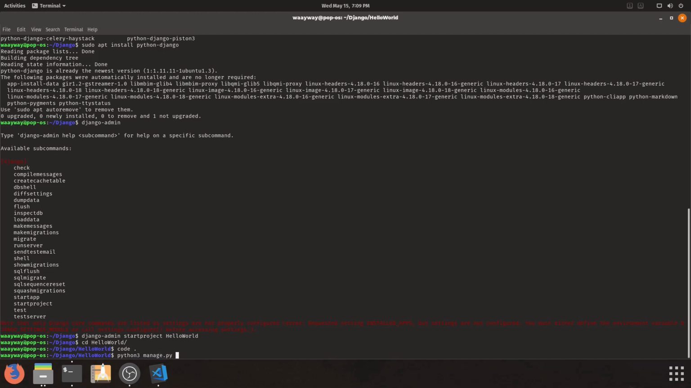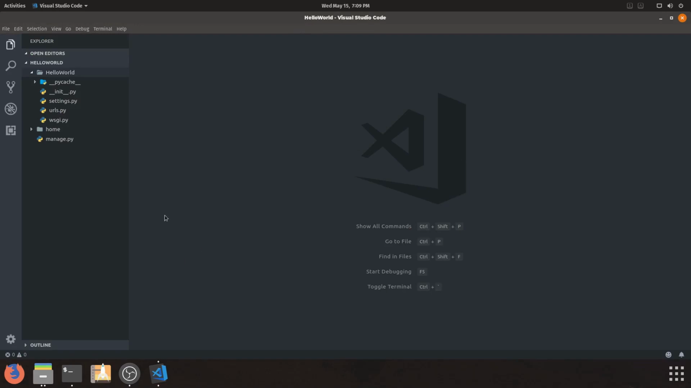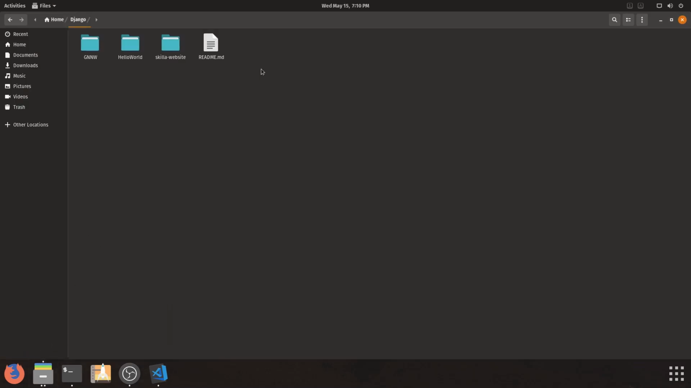manage.py startapp and then your app name, which for me is gonna be home. Now if you go back to your code editor, you're gonna see a home. This has many things, but we're not gonna do anything with those. If we go to this, you can see hello world and everything. If I go to another one,